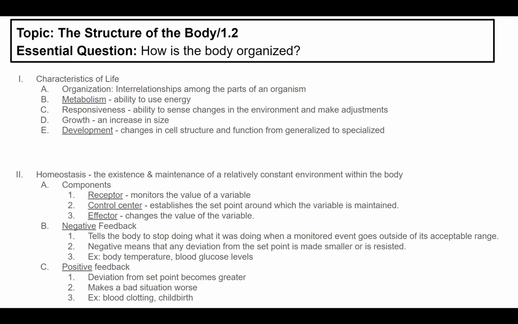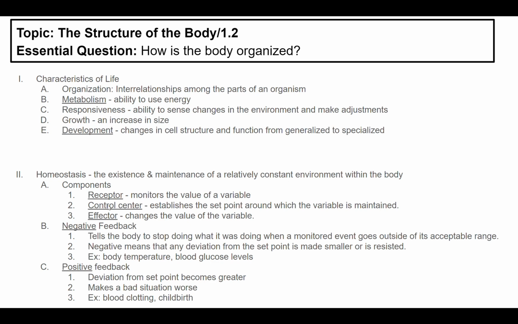And so even though we're not sitting in a bubble that's a constant environment, we're out and about or outside, we're in interior environments, we eat and drink things that change our environment, and sometimes we have to do things to make sure it stays at that safe constant level. And that's what homeostasis is. So there are three main components to that.